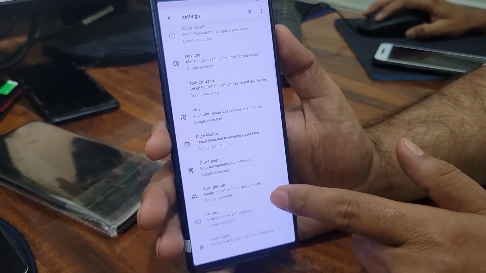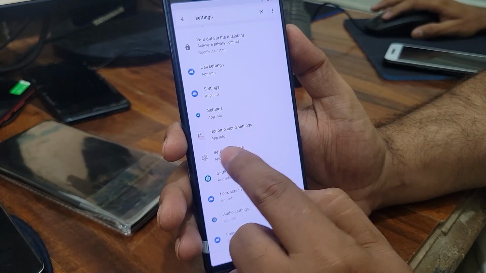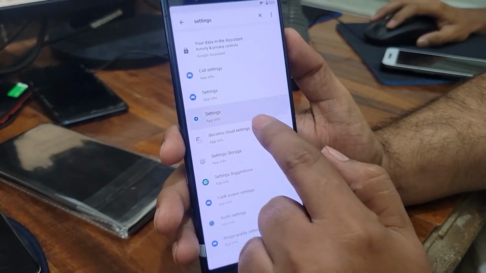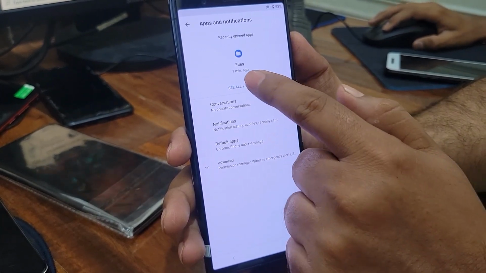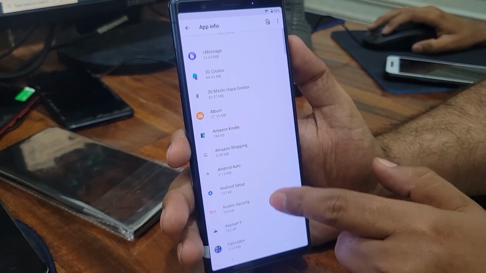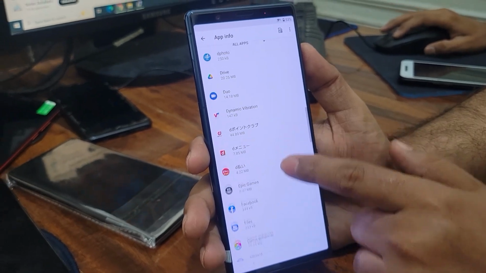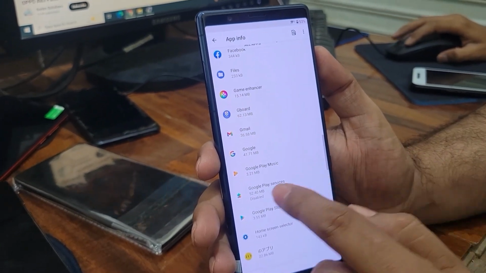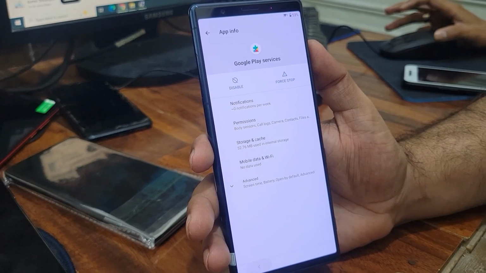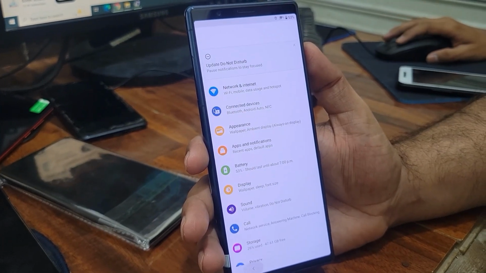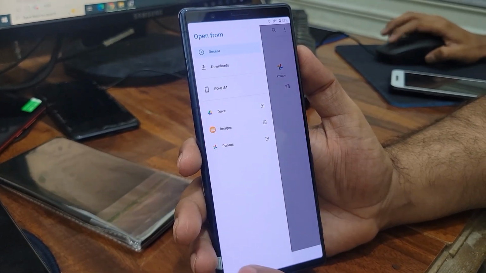because what you have done, now you have to do everything like that previously again. You have to go search for the apps and okay, you have to go settings and you have to open it. Now go into apps and notifications and here to see all the 73 apps, and you have to go search for the Android Studio and the Google Play services. First of all, Google Play services you have to enable it again, which you had disabled previously. So it's enabled. Now go back slowly, not too fast, and when you have done everything,